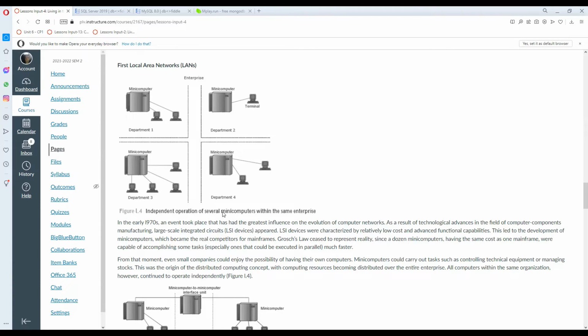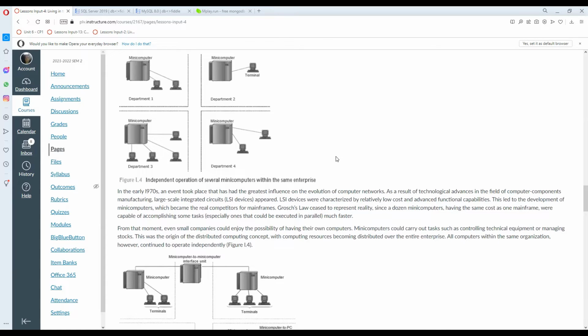There is independent operation of several mini computers within the same enterprise. In the early 1970s, an event took place that had the greatest influence on the evolution of computer networks. As a result, large-scale integrated circuits, or LSI devices, appeared. They were characterized by relatively low cost and advanced functional capabilities, leading to the development of mini computers, becoming the